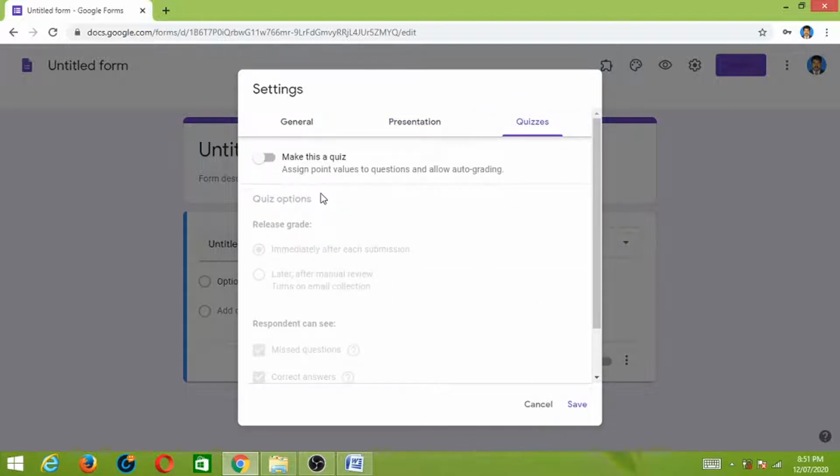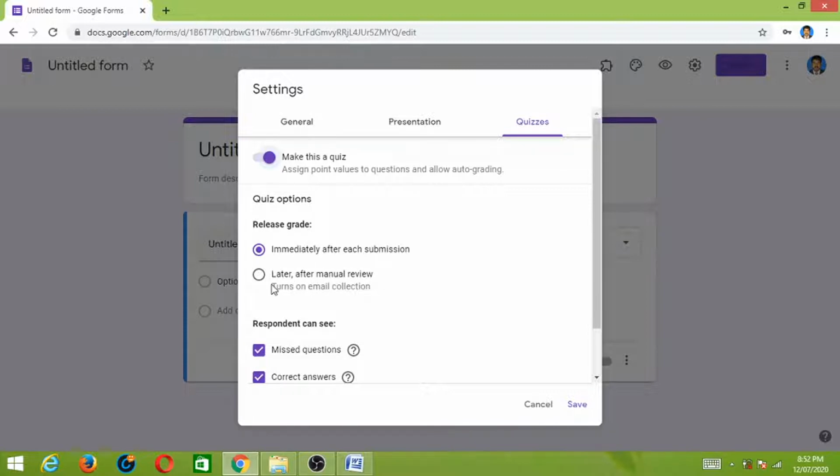Now, if you are going to create a quiz, then you just turn on this option, then it will convert this form into a quiz. Okay, this is the default option. It is used to evaluate the answers for the respondent immediately.